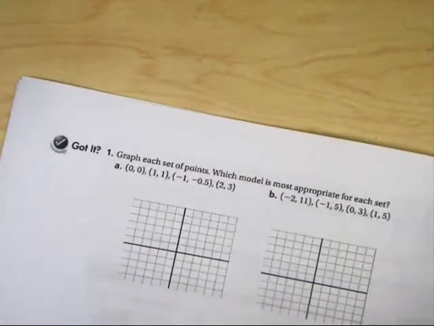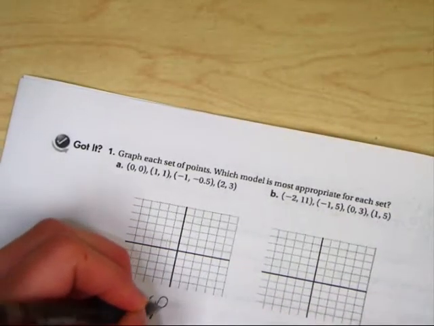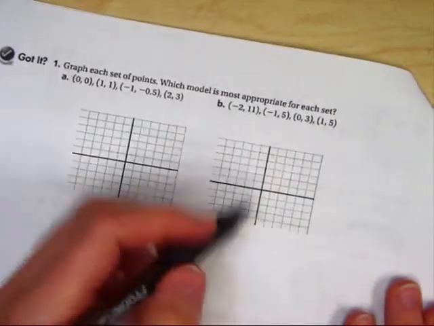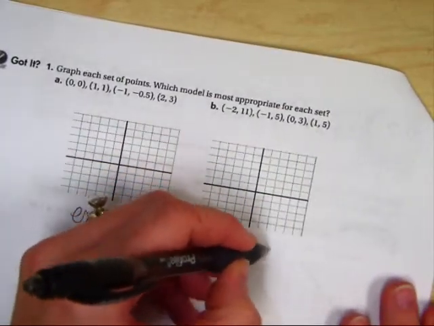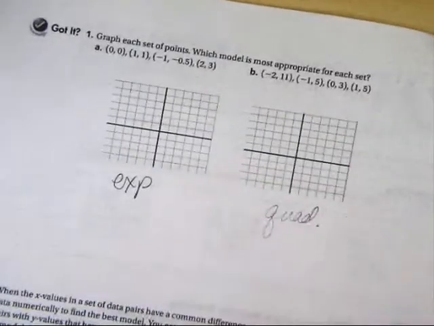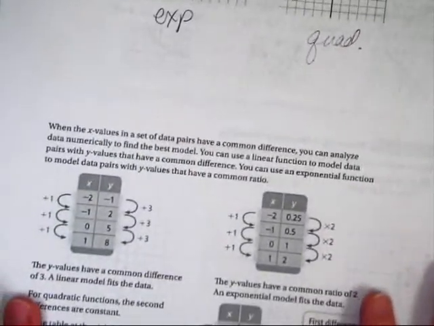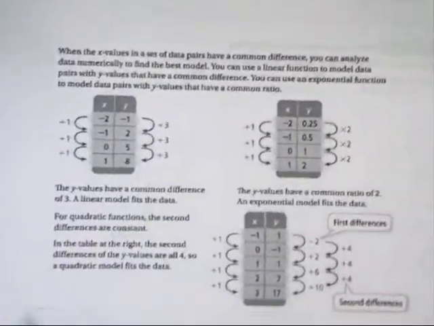Now we could do that again. If you think you need the extra support to do that, please do so. This one you should find to be exponential. This one you should find to be quadratic. Okay, so if you need some extra support, do those two. Now this big area down here,